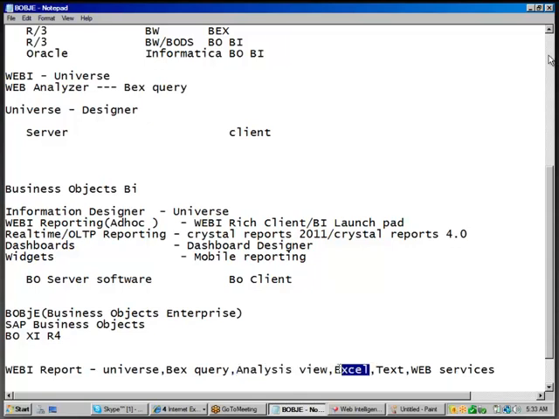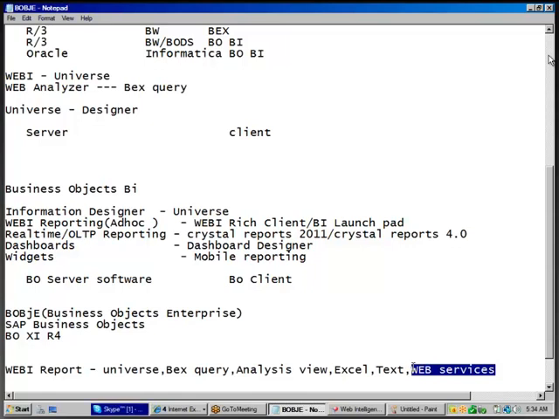Sometimes they'll ask us to create a WebI report on Excel. Yes, still you can. Sometimes they'll ask us to create a WebI report on top of direct text data that is in Notepad. Yes, you can create your WebI report on top of Notepad. And they will ask us to create a WebI report on top of a WSDL URL, HTML URL, or XML URL.